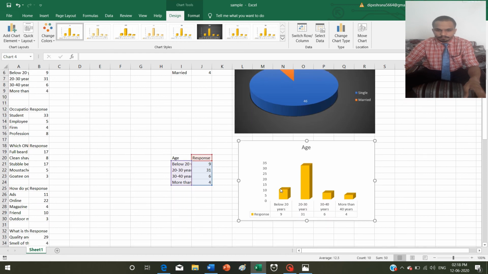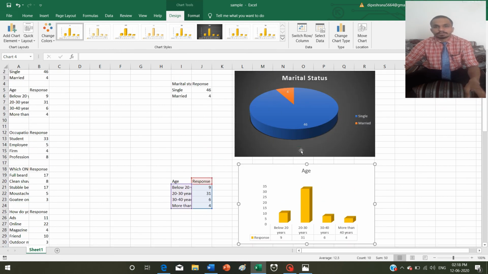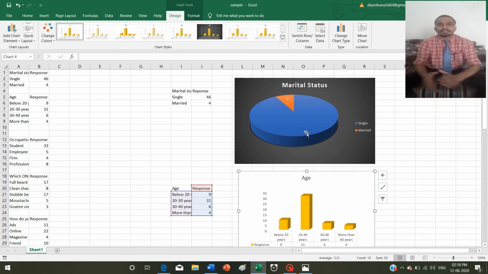All over here, you can see this table's graph is here and this table's graph is below here.